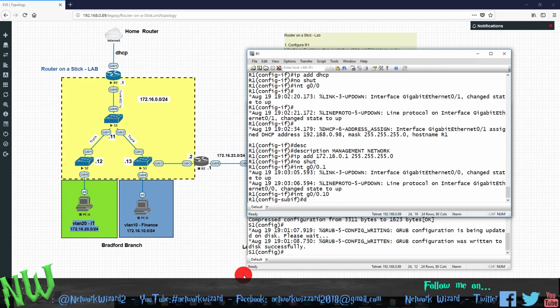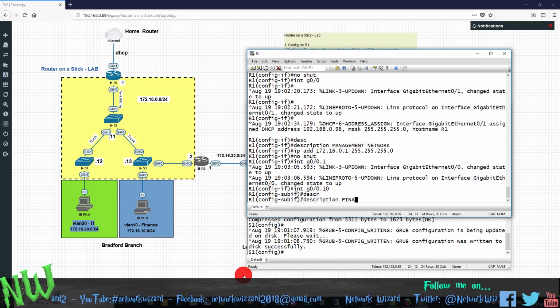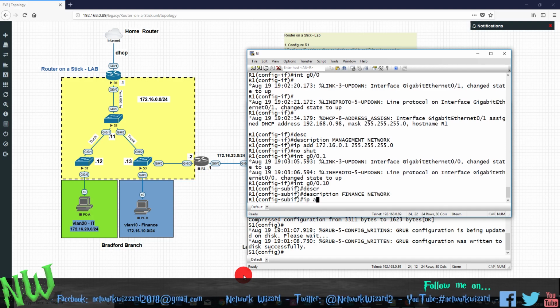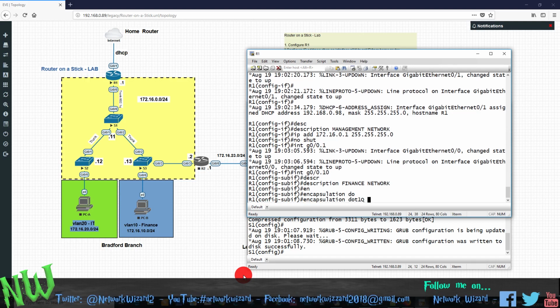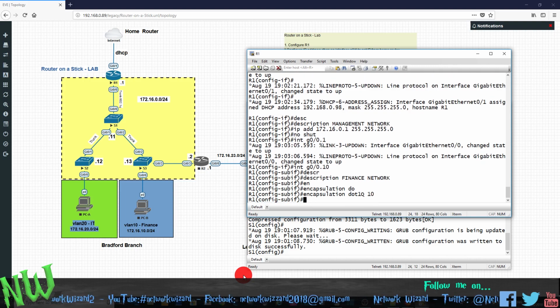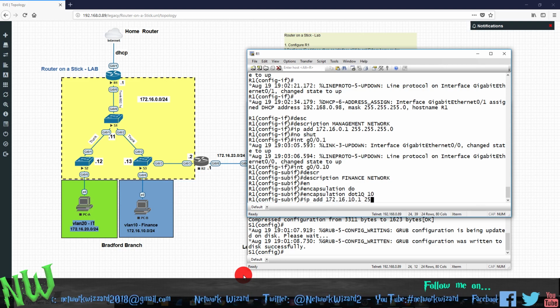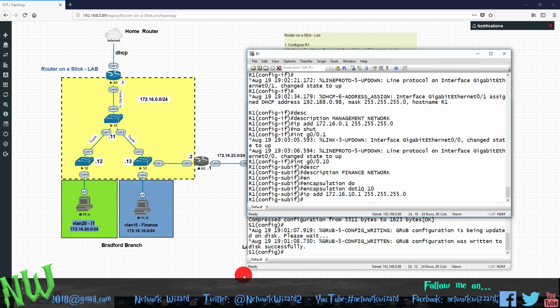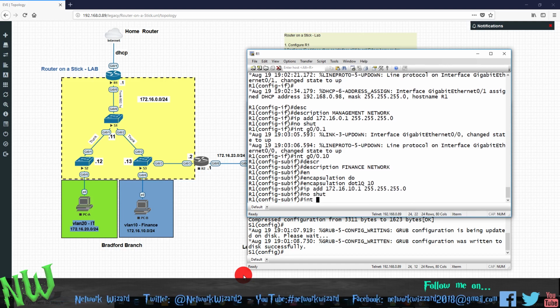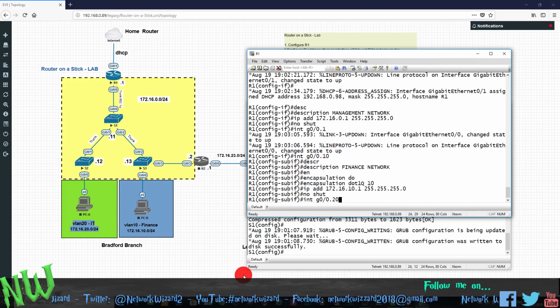Description finance network. Before applying the IP address you need to activate the encapsulation. So it will be encapsulation dot1q and VLAN is 10. Now it is going to get the IP address 172.16.10.1 255.255.255.0, no shut. So now interface G0/0.20,